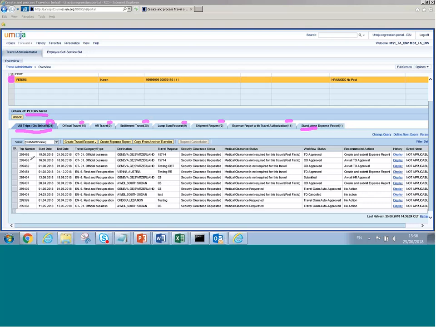And in each tab, you will see the details for each trip. So in here, you have one line for each trip. The first one belongs to trip 299466. You have the dates, right? Start date, end date, the type of travel. In the first case, it's official business travel, the destination, the travel purpose,